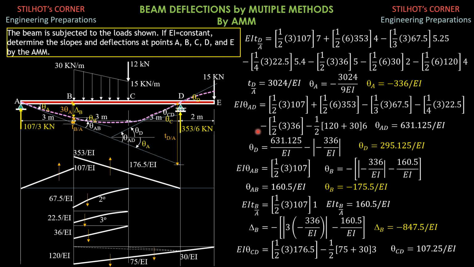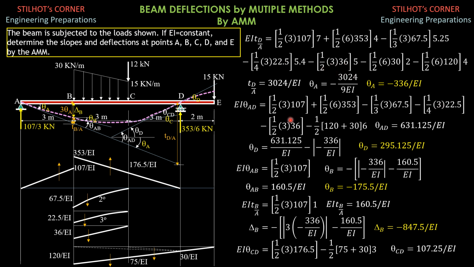So next, I plan to solve for the slope at D. So let's have EI theta AD. Theta AD means the angle between the tangent at A and the tangent at D, and it is just the area between A and D. So since we already computed areas between A and D, we just remove the moment arms from this calculation here. So let's copy that without the moment arm. Minus 1/3 of 3 times 67.5, minus 1/4 of 3 times 22.5